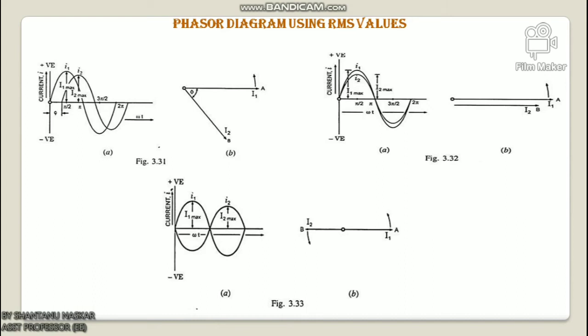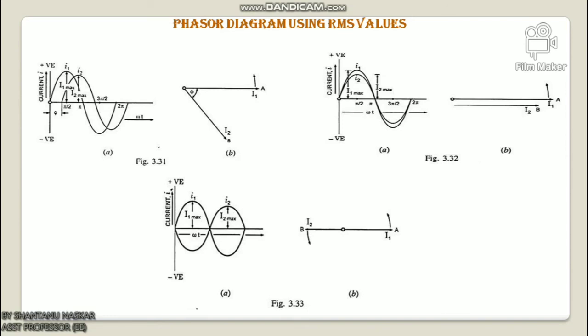degrees or in radians. The phase difference is measured by the angular distance between the points where the two curves cross the base or reference line in the same direction. The quantity ahead in phase is said to lead the other quantity, while the second quantity is said to lag behind the first one. Okay, so in this figure, figure B, current I1 represented by phasor OA leads the current I2 represented by phasor OB by phi, or current I2 lags behind the current I1 by phi.